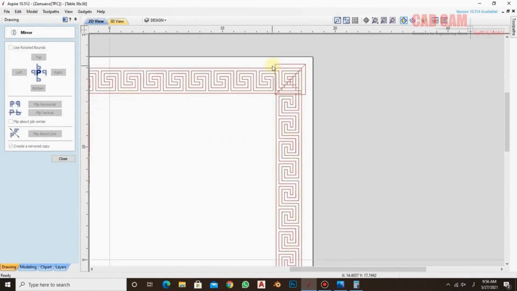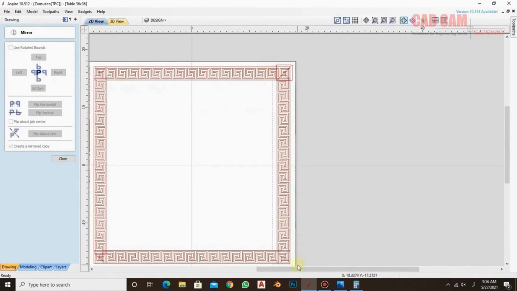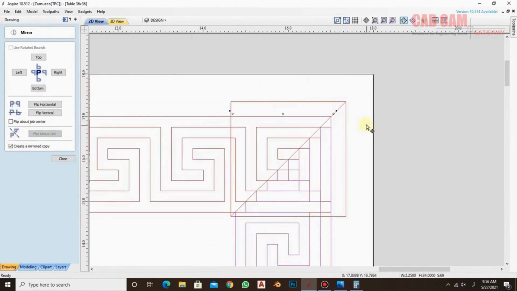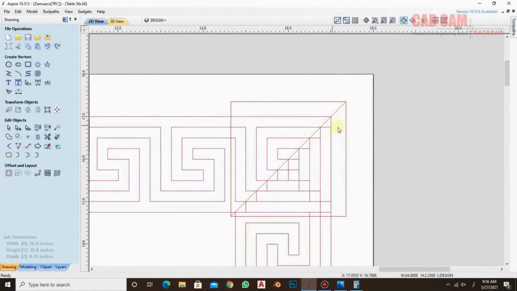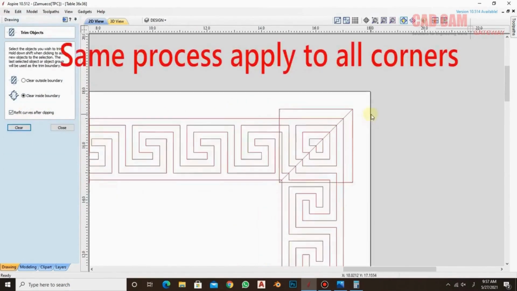So the very first thing you need to do is, after making one side, make sure to group it. I mentioned this in the last assignment as well. You must group this, it's essential. Now let's move on to the next object. I need to trim this edge with respect to that edge. I trimmed it, and